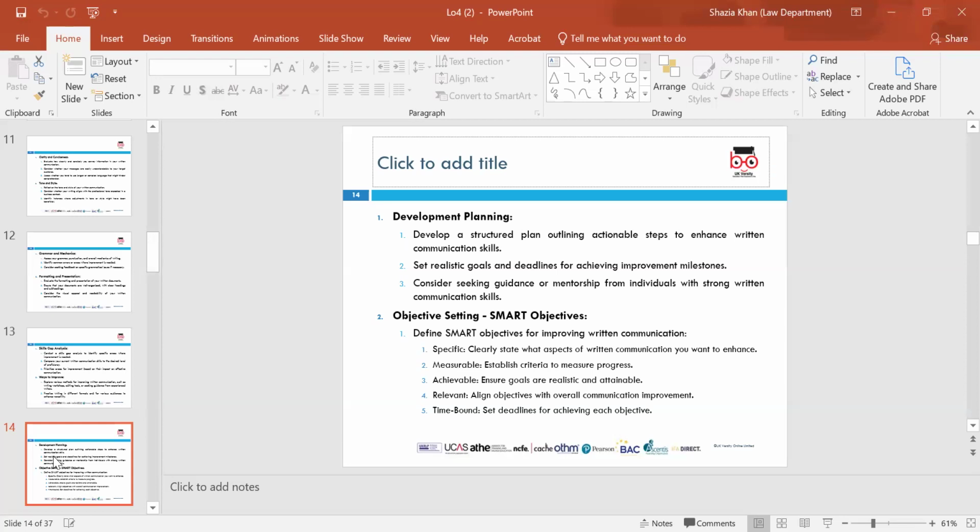Achievable, ensure goals are realistic and attainable. Your goals here should challenge you. And then realistic, align objectives with overall communication improvement. And here you need to be realistic. And then you need to look at the time bound set, so deadlines for achieving, and the time limit as well. A SMART goal is used to help guide goal setting. SMART is an acronym that stands, as we mentioned, for specific, measurable, achievable, relevant, time bound. And therefore, a SMART goal incorporates all of these criteria to help focus your efforts and increase the chances of achieving